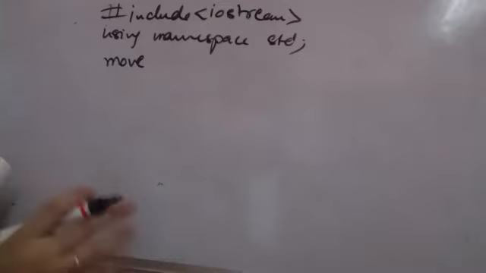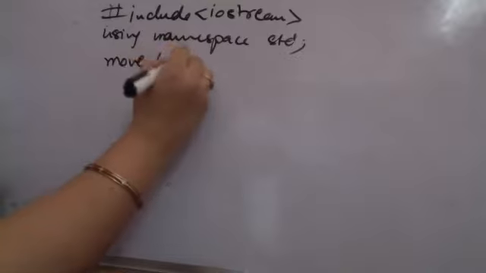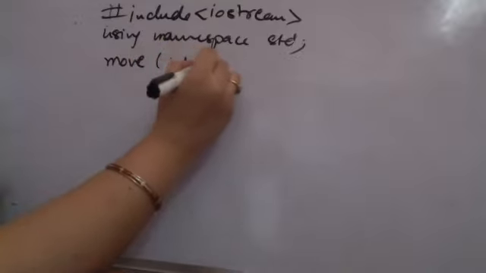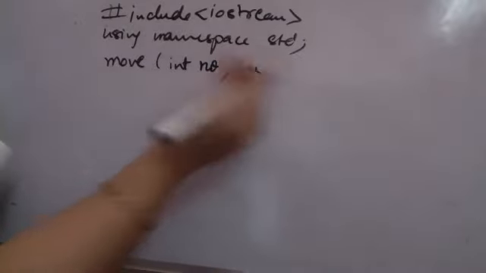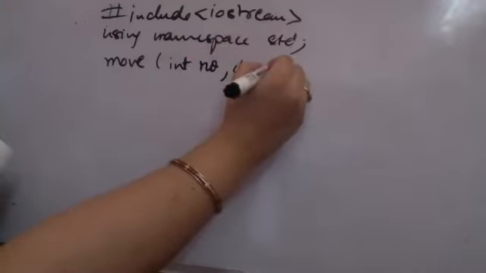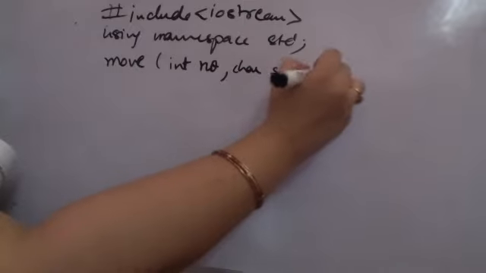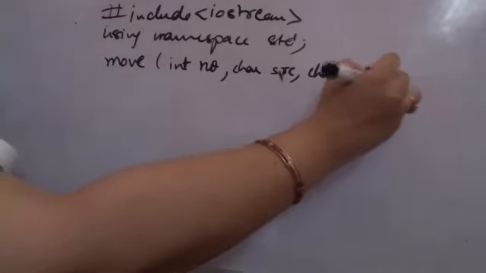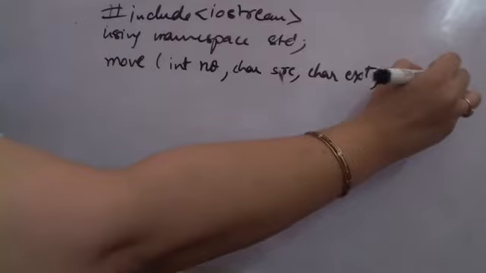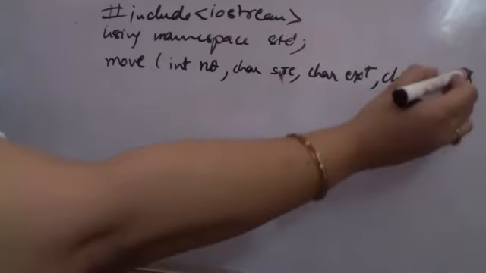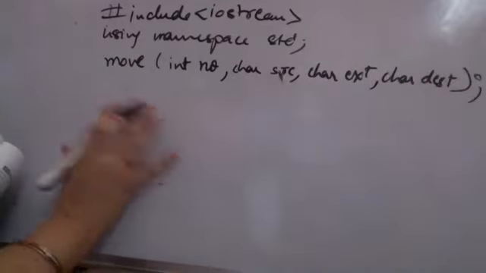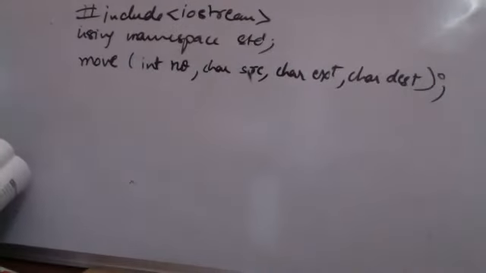So I'm having a function move in which I'm passing the total number, which is an integer number. This is the number of disks. So I'm writing number of disks. Then I'm having source, destination, and extra. So I'm taking a character A, B, C supposedly कुछ भी. So I am taking my source. This is SRC source. Then character extra and character destination. This is what I will be having in my function which I am creating, the recursive function.